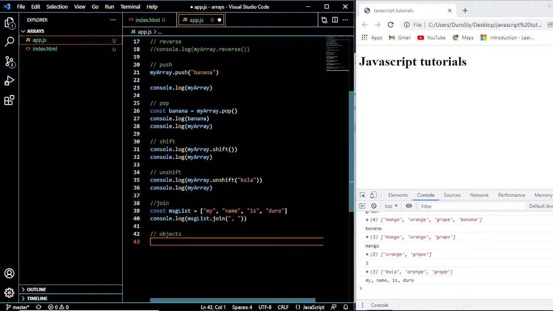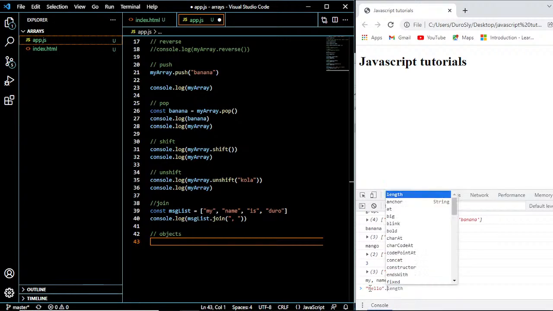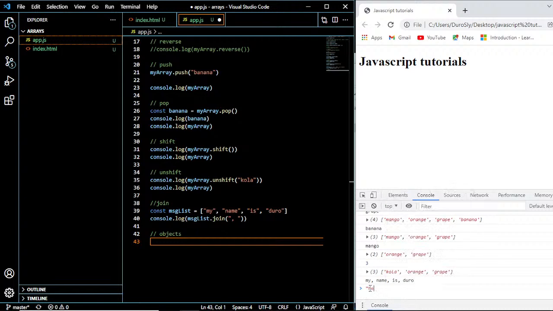So in JavaScript we have primitive values, and these primitive values do not have properties and methods. You can't call a property or execute a method of primitive values. For instance, you can't do hello dot, or 7 dot length, which does not exist, or dot size, or dot round. Those kind of things you don't really have them. But 7 is a number which is a primitive